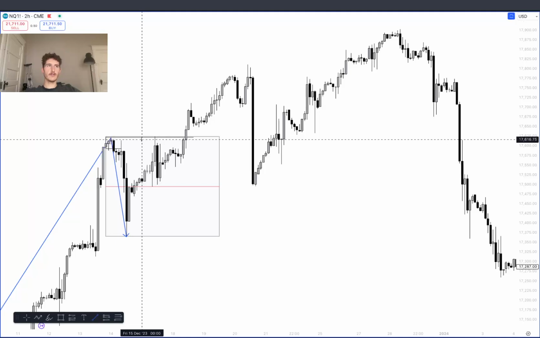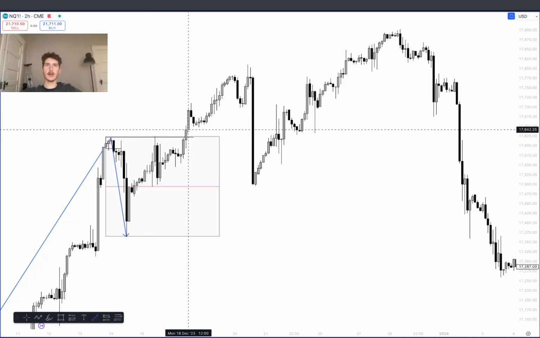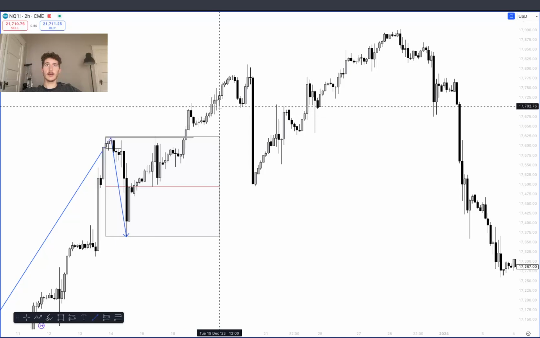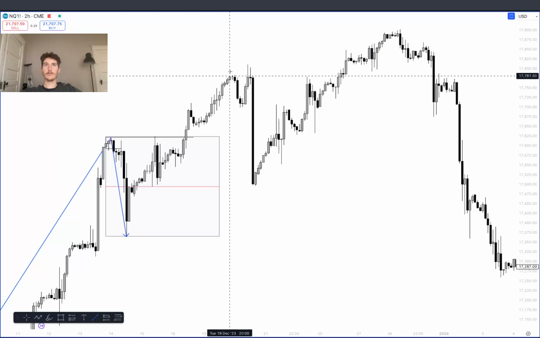So next thing we need to find again is a high. This is not a high, not a high, not a high. Go back to the candlestick structure video. This is a high right here